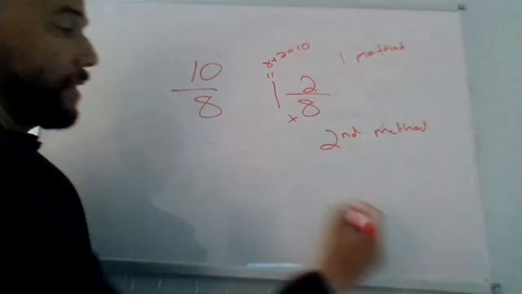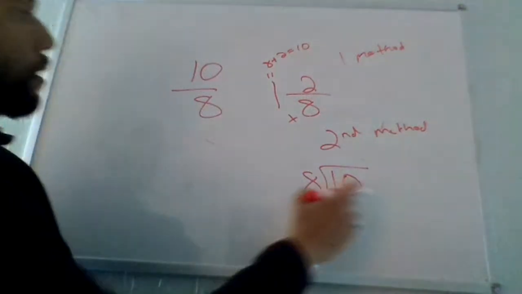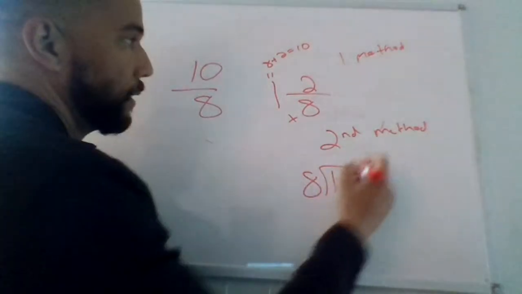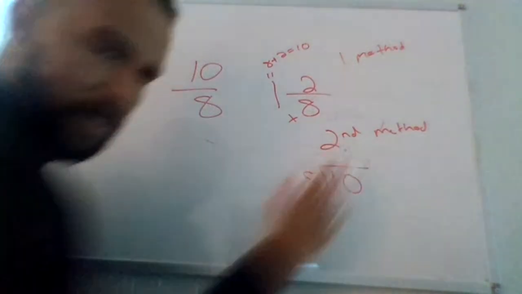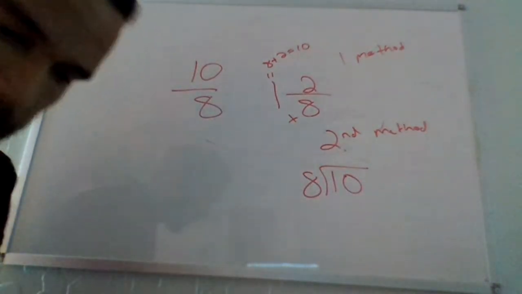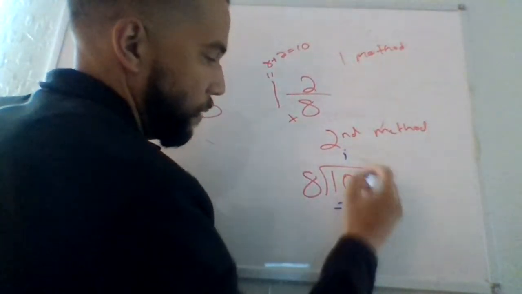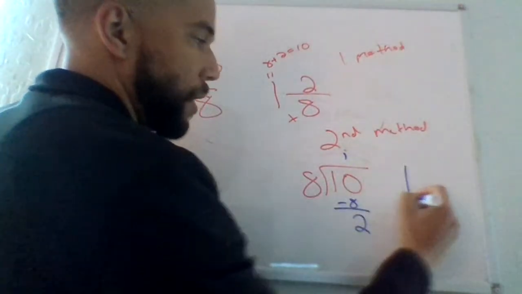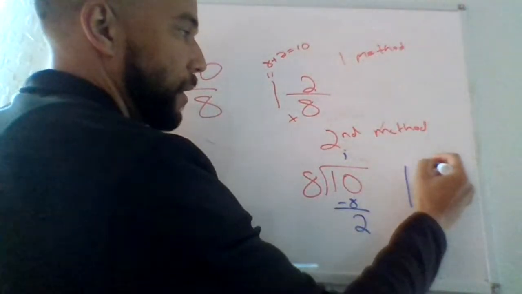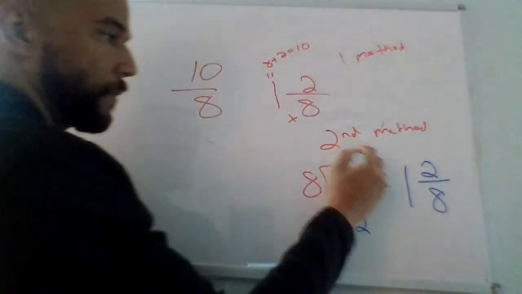is you can simply divide it, right? So how many times does 8 go into 10? Well, let's see. 8 times 1, let me make this a different color so it's easier to see. 8 times 1 is 8. What do I have left over? I have 2. So 8 can go into 10 one whole time with a remainder of 2 out of the 8, right?